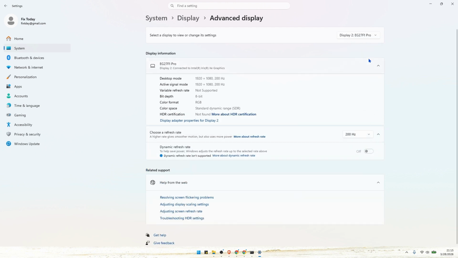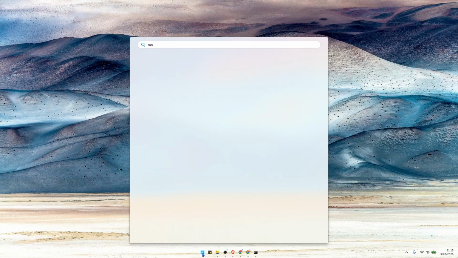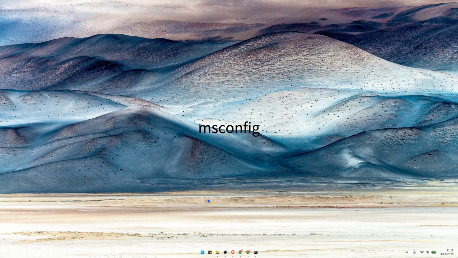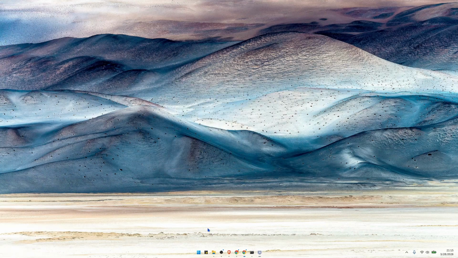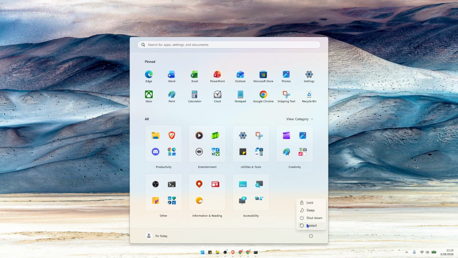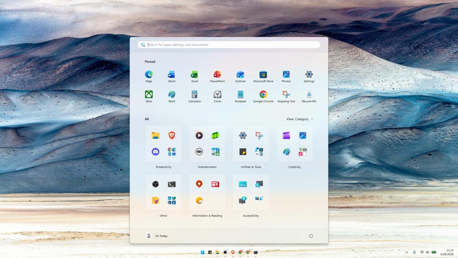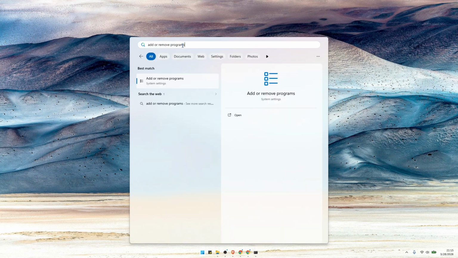If the issue still isn't fixed, open the search icon again, type Run, and press Enter. In the box, type msconfig and hit Enter. Go to the Boot tab, enable Safe Boot, then click Apply and OK. Restart your computer to enter Safe Mode. When your system boots into Safe Mode, check if the flickering stops. If it does, go back to Installed Apps and uninstall any recently added software, especially display-related or screen recording tools,